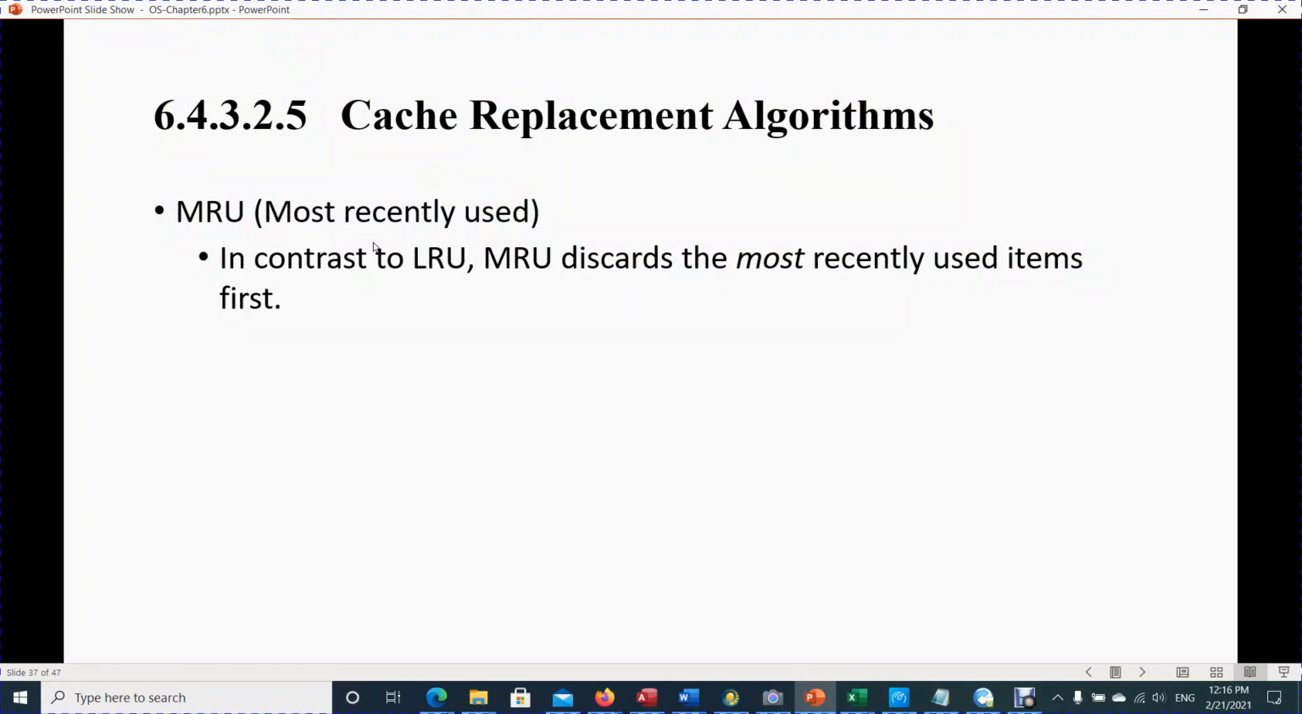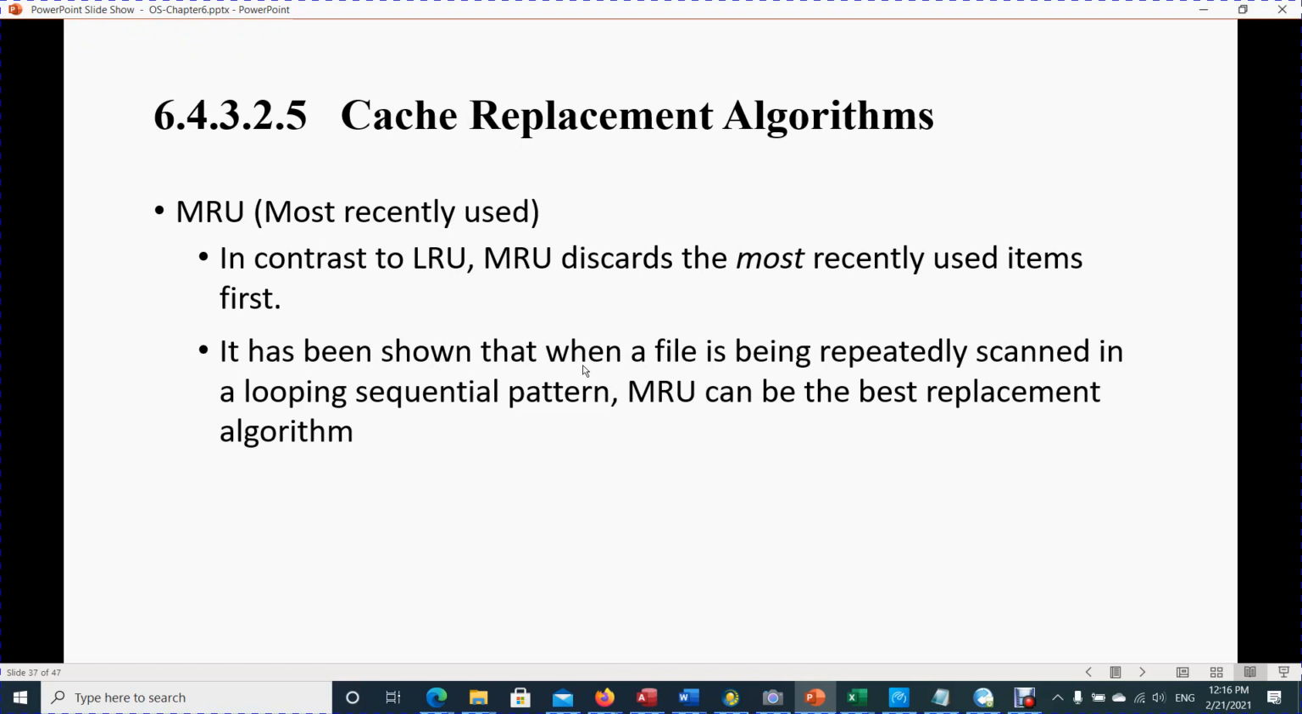Most recently used, MRU, discards the most recently used items first. Certain kinds of patterns of use, in particular looping sequences, it's most important to keep the older blocks in cache. If a block is certainly going to be referenced again eventually,